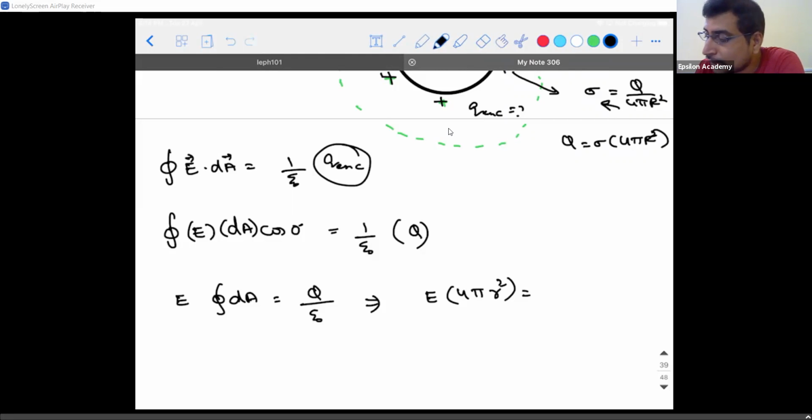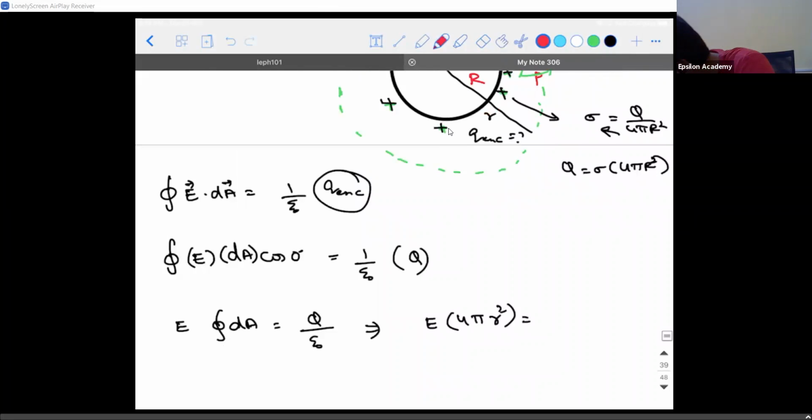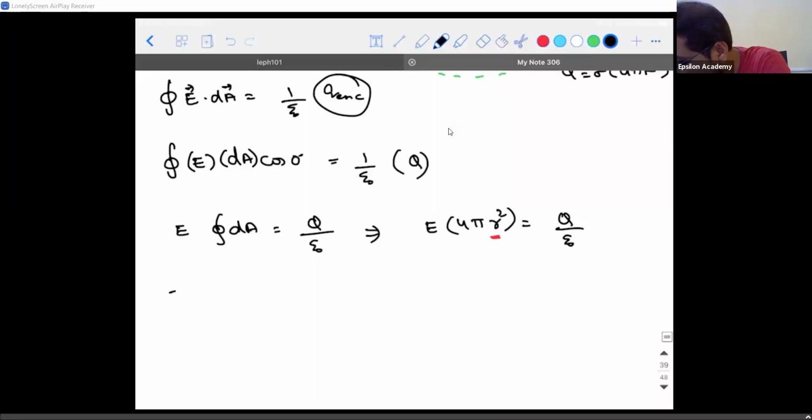Because you considered this areal vector on the Gaussian surface. Remember, the radius of the Gaussian surface is smaller. I told you, small r is variable, capital R is fixed. So this is a point you need to be very careful about. Please underline this. It is 4 pi into small r square, not capital R square. Nikhilesh, I hope you understood. Yes, sir. Yeah, it is 4 pi into r square. This is equal to Q divided by epsilon naught, which implies E is equal to Q divided by 4 pi epsilon naught small r square.